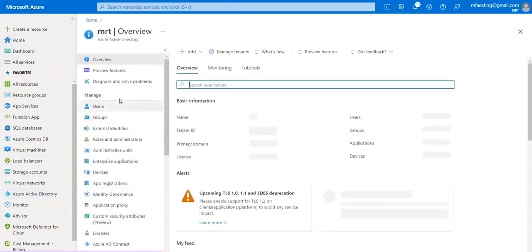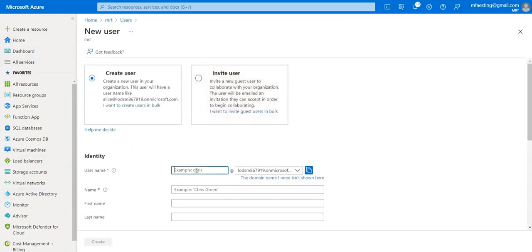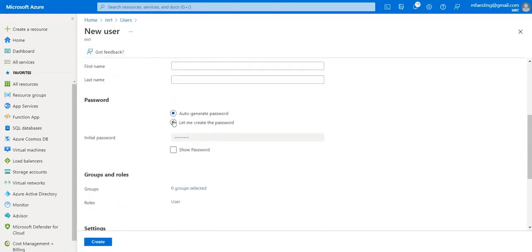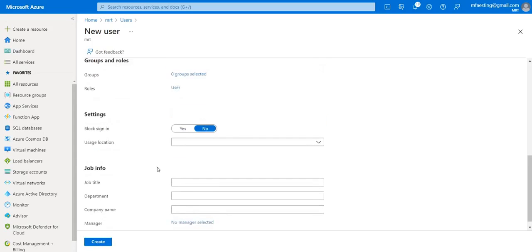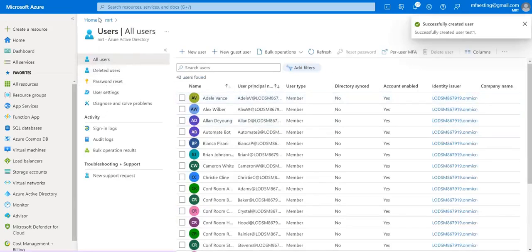So as we usually do, just go ahead and create a user. In this case it will be the test one. Test one. So let me copy the password to my notepad. So just create the test one user. So once it's done,